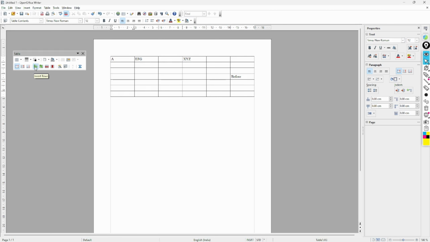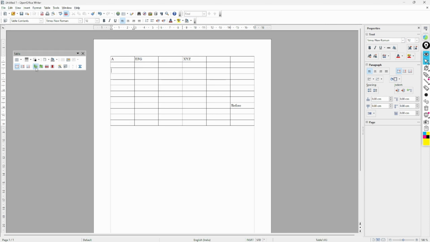For example, now I select insert row. Here is my mouse cursor, and it will insert a row, correct? But here is a drawback. Can anyone tell me what the drawback is? We don't have the power to select after or before. It will always insert after only. See, it is inserting downside only, correct? Is it inserting upside? No, it is inserting downside.